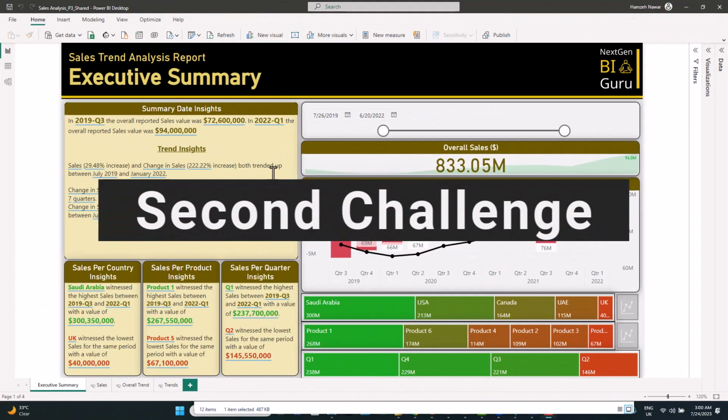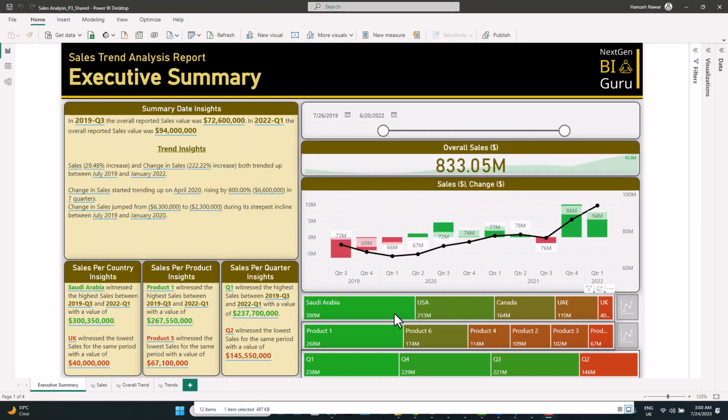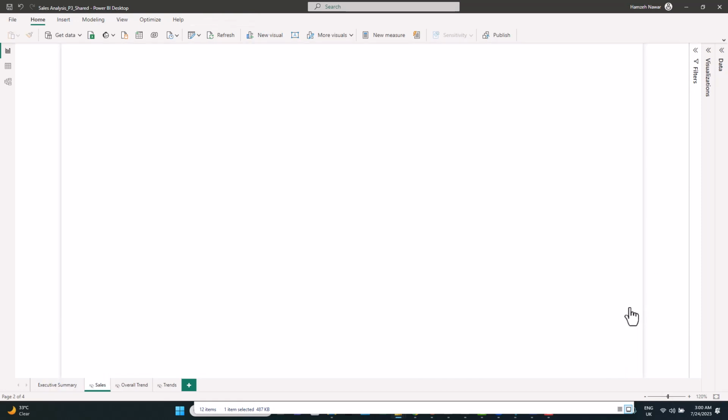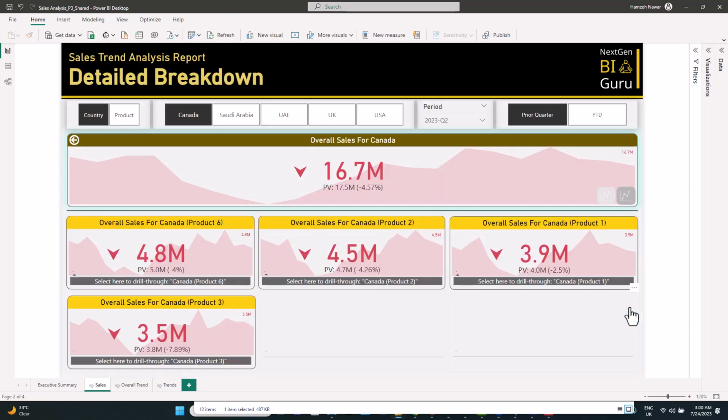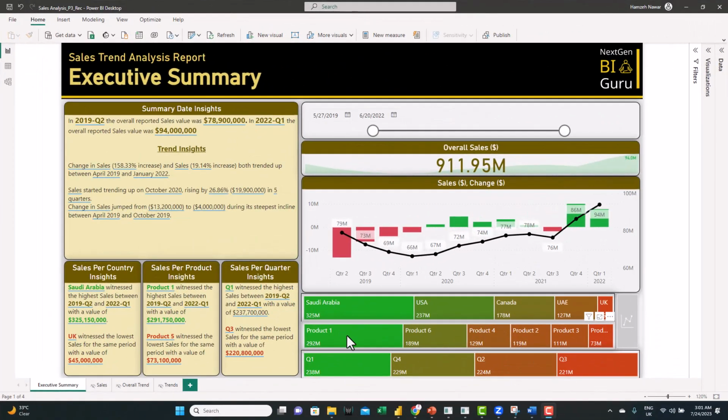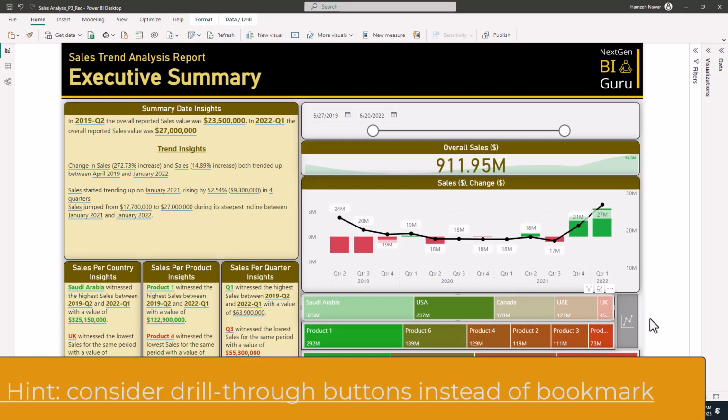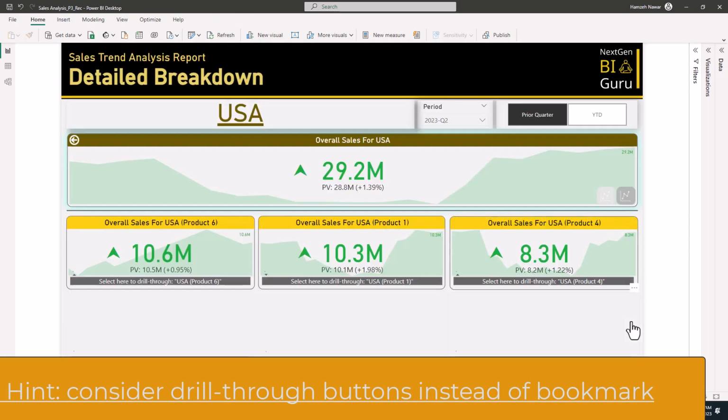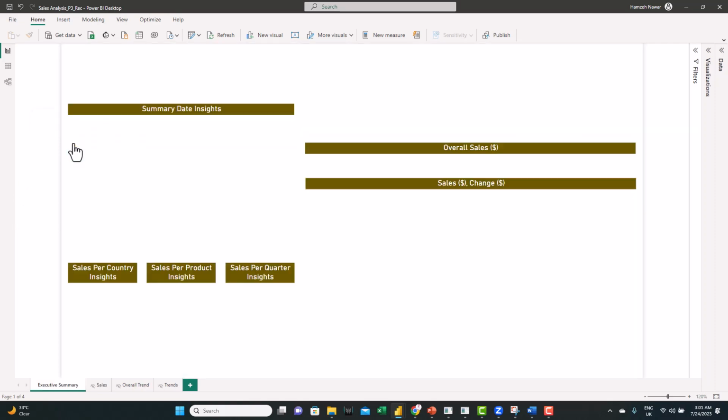While the second enhancement was added to improve the storytelling of the dashboard. In today's video, we created a button to go to sales page using bookmarks, and it always takes us to the same view. I updated this button to get only activated when one country is selected, and when clicked, it will take you to the sales page filtered for the selected country or product. I believe after watching the videos we covered in this project, you'll be able to do it yourself. Consider this as a test to your knowledge.